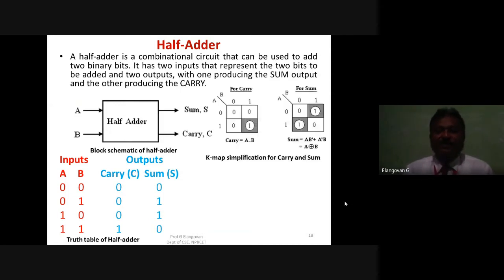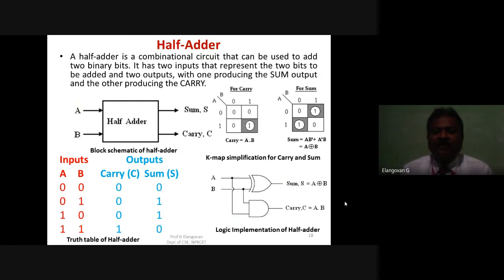So the expression, even if you are using the K-map, you will end up with carry equal to A dot B, an AND gate, and sum equal to AB dash plus A dash B, an XOR operation. So the circuit diagram, A and B as the input, and one XOR gate gives us sum, one AND gate gives us carry. So this is the half adder circuit diagram. We followed all 4 steps in the design principle, and it is well established in the circuit of the half adder.